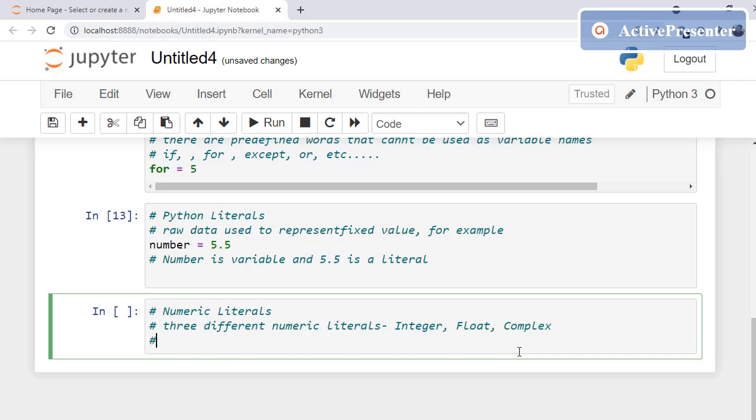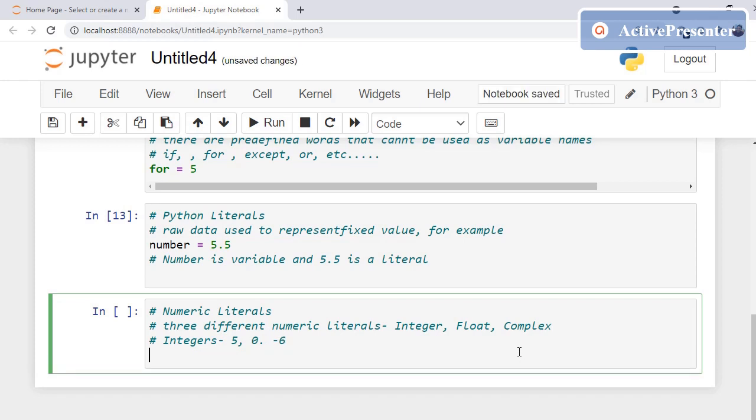Examples of integers: 5, 0, minus 5 or minus 6. So these are the integers. And what are the floats? Examples of floats: 3.4, 1.3, 22.22.